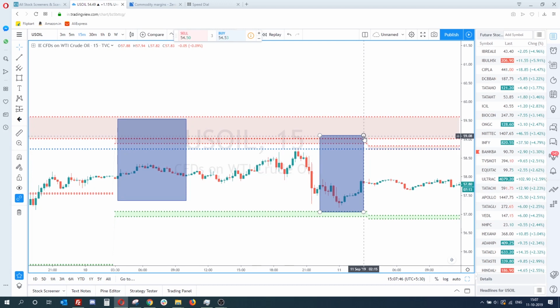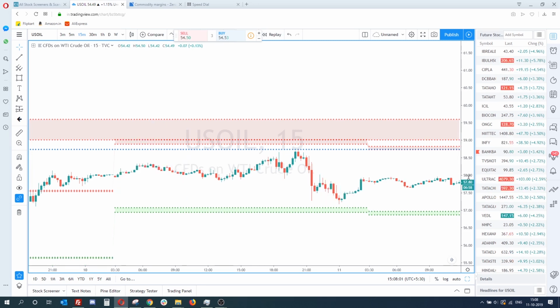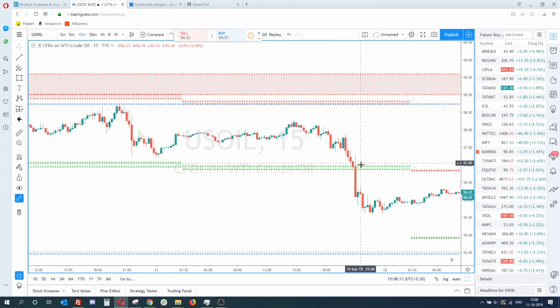Here it's very choppy, but it is better that you analyze crude oil charts from TradingView, that is the US oil. Also it is very reliable. When it comes to the MCX chart, I have never traded based on the MCX chart, but only this. Whenever there is a breakdown or a breakout, there should be really good volume, guys. Unless there is volume, don't go for it.